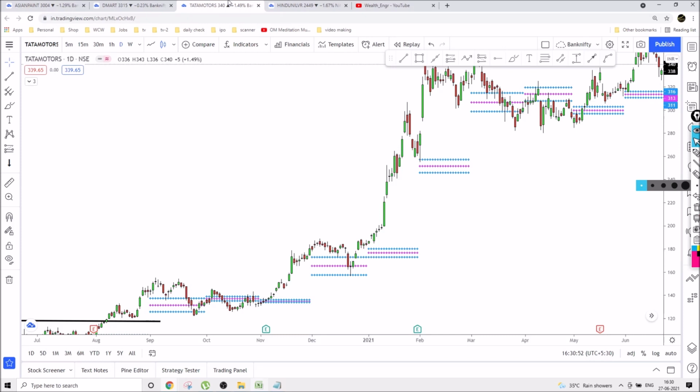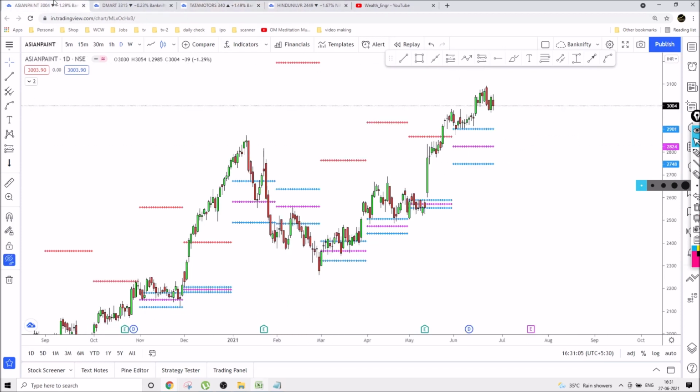Okay, so this strategy was not framed by me. It is framed by some other person called Ichimoku Telugu. So this credit goes to Ichimoku Telugu. Okay, and then let me go to this strategy.